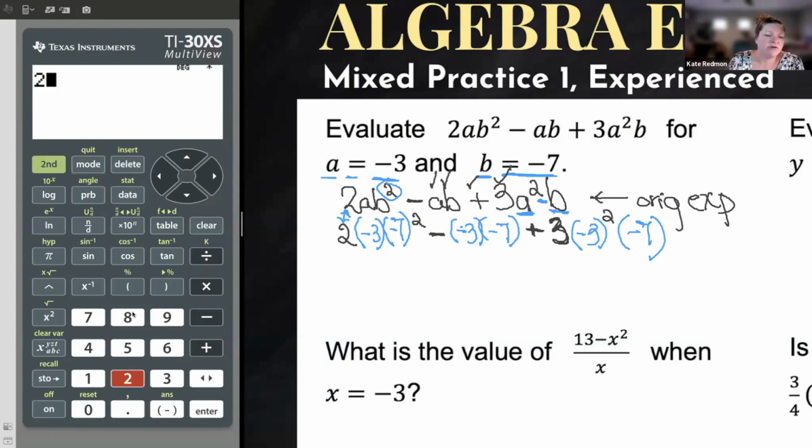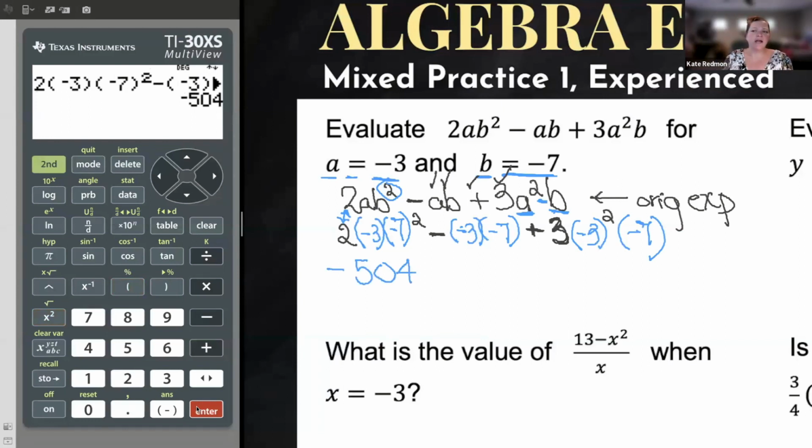And so that's what I'm going to do. I'm going to type the entire expression into the calculator exactly the way I see it, guys, including those parentheses. So 2 times -3 times -7 squared minus, and I will use the parentheses again, -3, close parentheses, open them to multiply by -7 plus 3, open parentheses, -3, close parentheses, square, open parentheses, -7. Woo! And we get